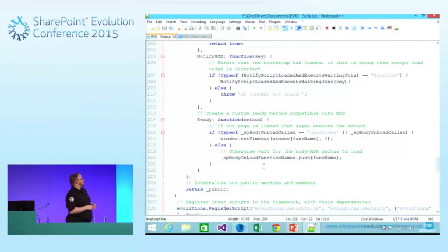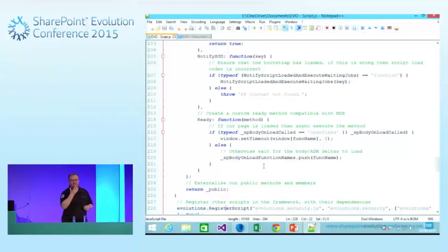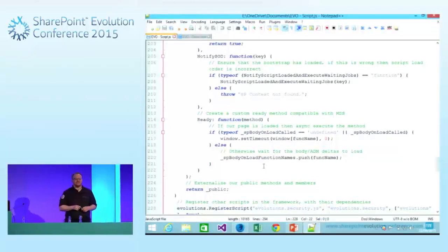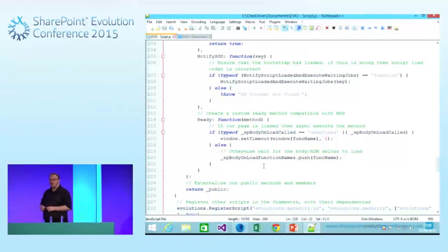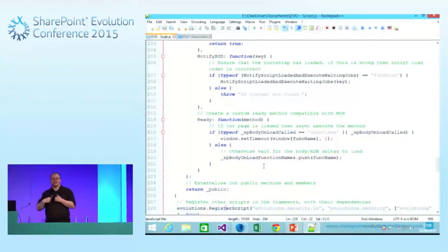So what I do for this is I check to see if the body is actually loaded. Now, I know the data's been added to the page. It's an MD5 hash that's added. I don't know if you know what that is. It's not that important. But basically, it's a unique signature to say that that data has come into the page. Then I load my code in a separate thread using setTimeout, which is our asynchronous function